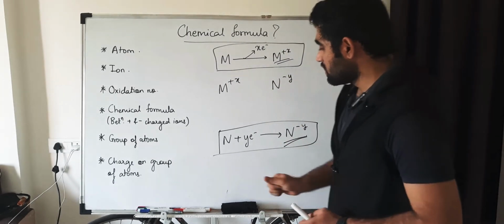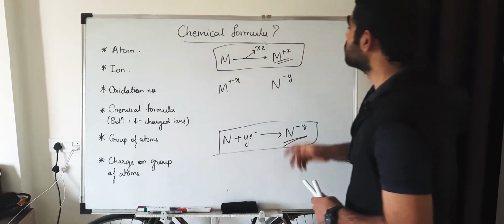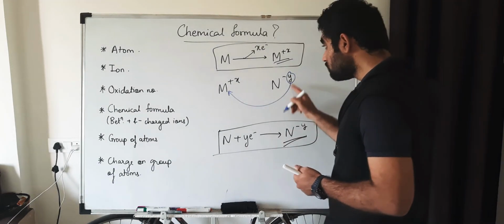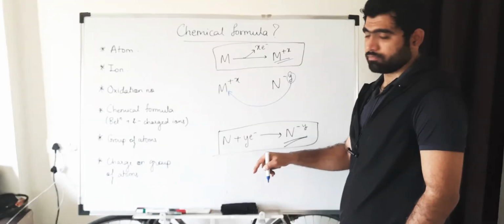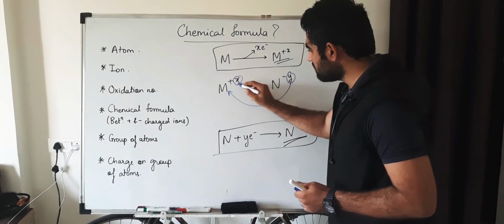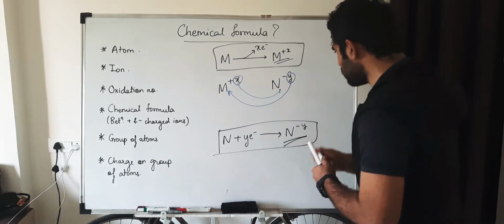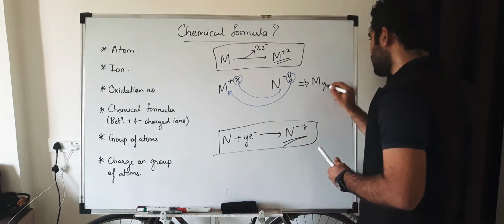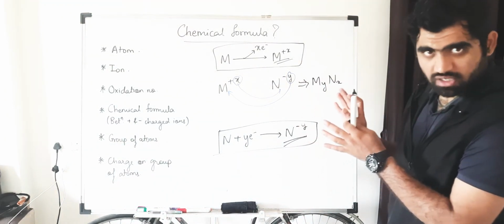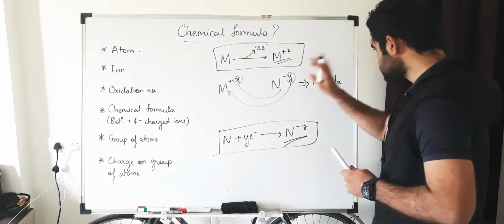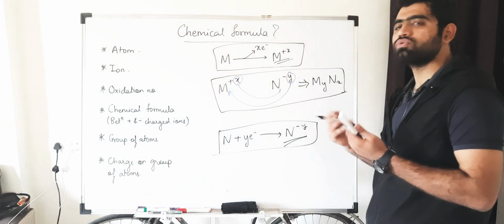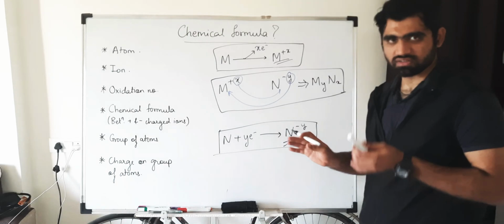And remember one thing, chemical formulas or compounds are formed compulsorily between oppositely charged ions. So this Y, which is raised to N, will move to the subscript of M, and X, which is raised to M, will move to the subscript of N, resulting in formation of a compound which is M_Y N_X. So this is how a chemical formula can be understood or formed. This is just a basic method, a basic formula which I have given. Except this, you can use multiple more formulas, but this is one of the tricks I am giving you.